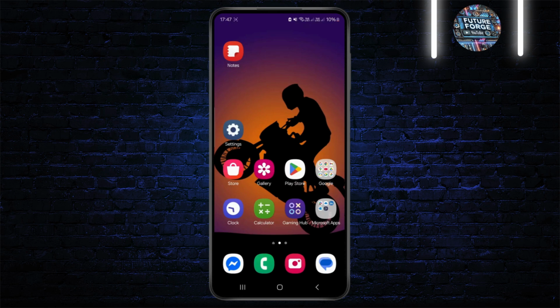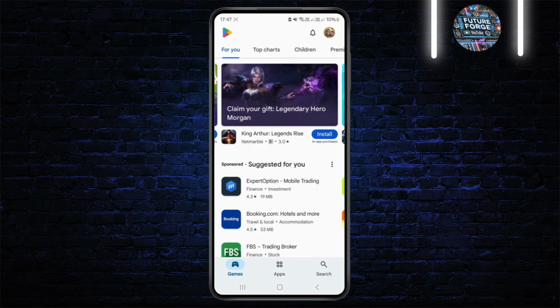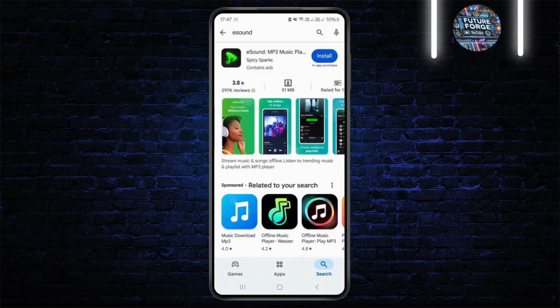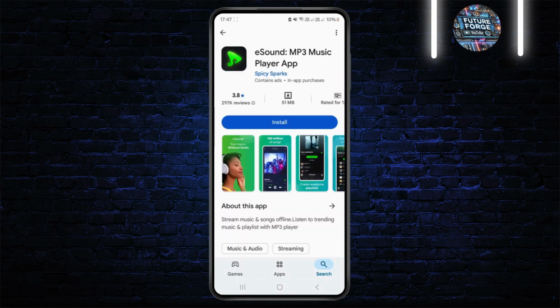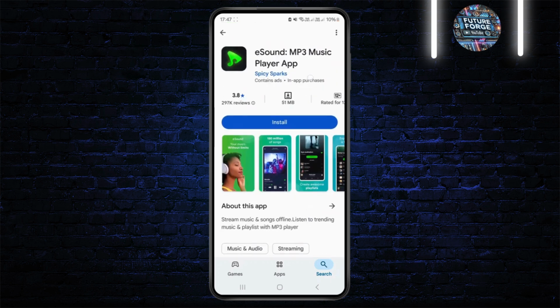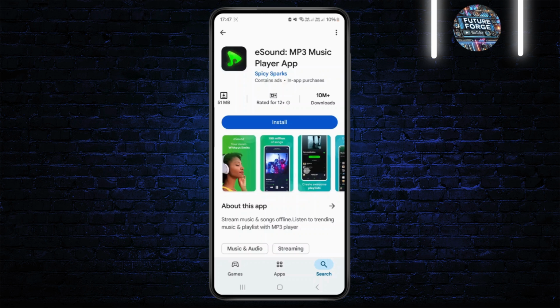In this quick tutorial I'll be showing you how you can easily download Spotify alternative on Android. So first thing, just head over to your Play Store and just search for the eSound application. It's an application where you can stream music and songs offline and listen to trending music and playlists with MP3 player. Might not be offered in the Spotify application itself, so you can get a lot of features inside